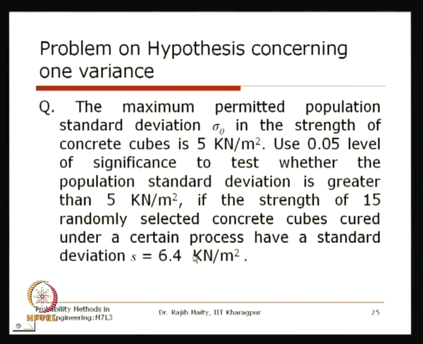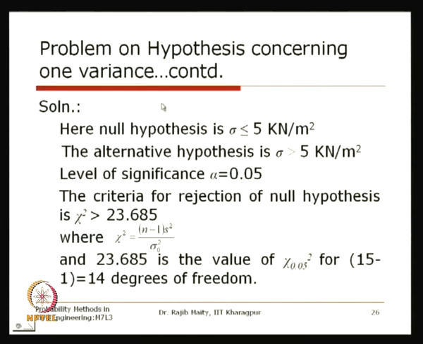Now, through this hypothesis test for one variance, we have to infer probabilistically whether this value is really greater than our requirement. So, our null hypothesis is that sigma is less than or equal to 5 kilonewton per meter square, because we are testing whether the population standard deviation from which the sample is taken is really greater than 5 kilonewton per meter square or not. The level of significance here is 0.05. The criterion for rejection of this null hypothesis is that chi-square is greater than